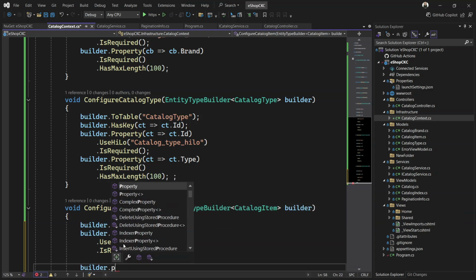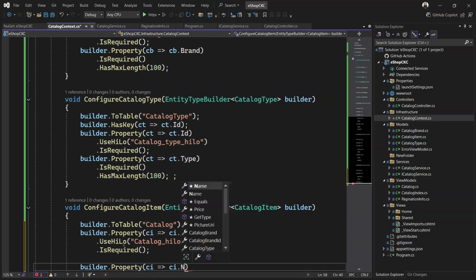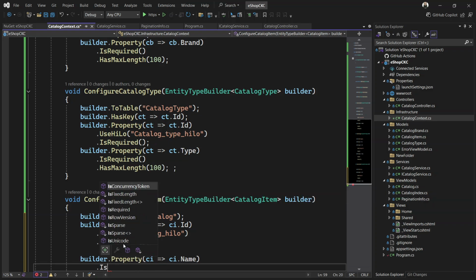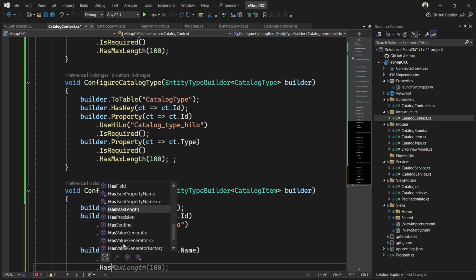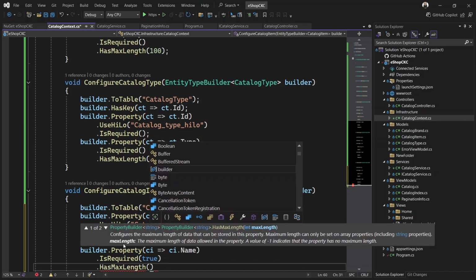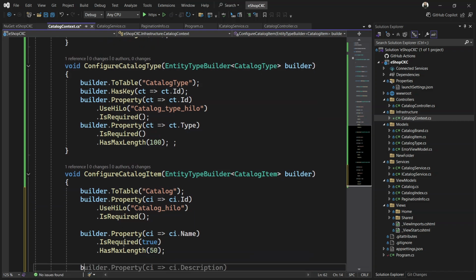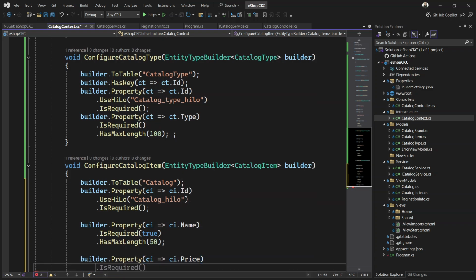Moving forward, the builder has another property. The name is going to be ci.name. Then we have is required true, and then we have a max length. For name, we are keeping the max length to 50, and then we need a price as well. So we are going to call this price, and price is also required. So we are keeping this true,